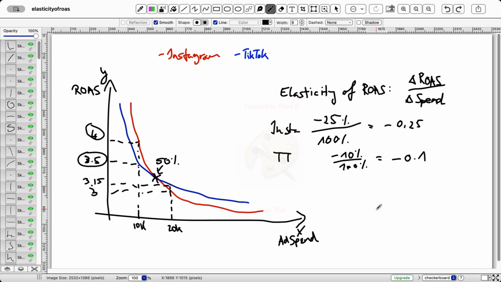So if you run 2 campaigns in Instagram or 2 campaigns in TikTok and you want to compare them, and they might have very similar return ad spend, but then you increased the spend, and the elasticity is quite different, then you can perform the same analysis. It should just make you a little bit smarter in terms of how you think about it,